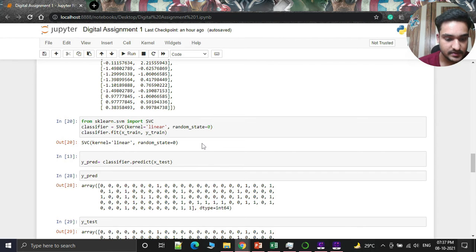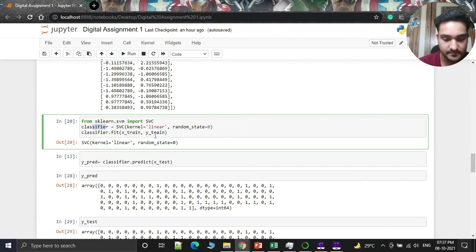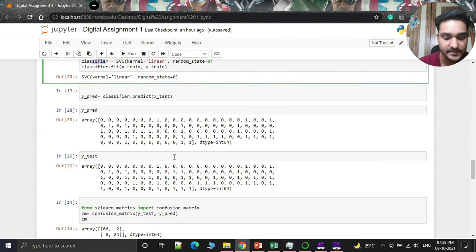And now the training set will be fitted to the SVM classifier. To create the SVM classifier, we import it from the sklearn SVM library, which is a Python library, as you can see here. We have used the linear kernel as we have linearly separable data. However, we can change it for non-linear data, and then we fit the classifier to the training data set.